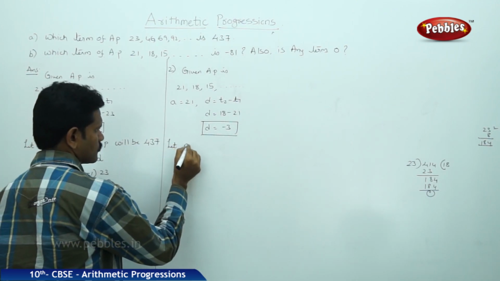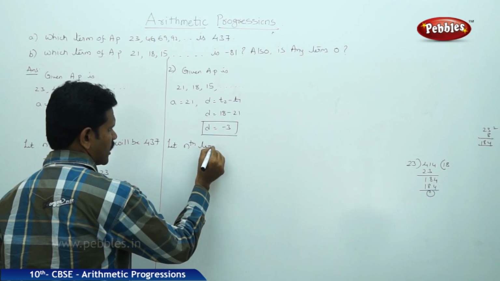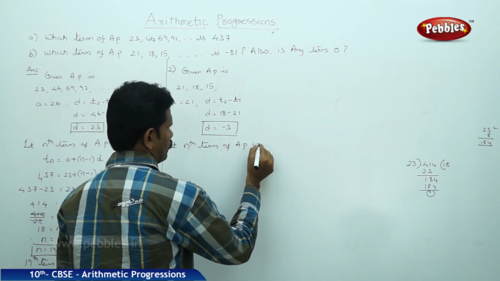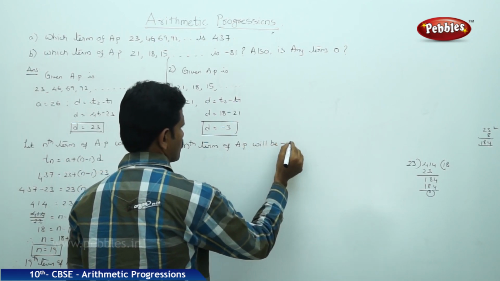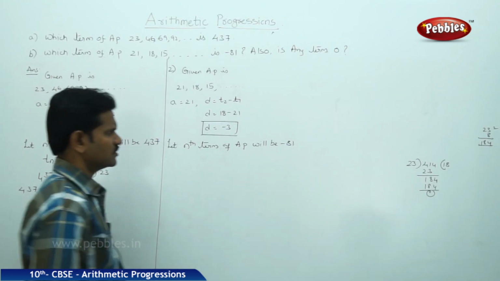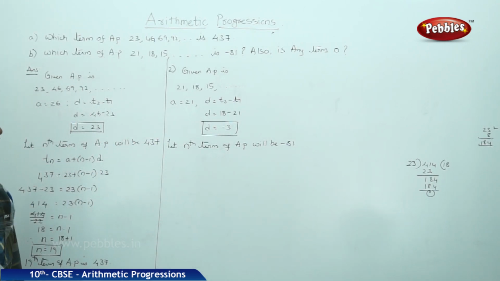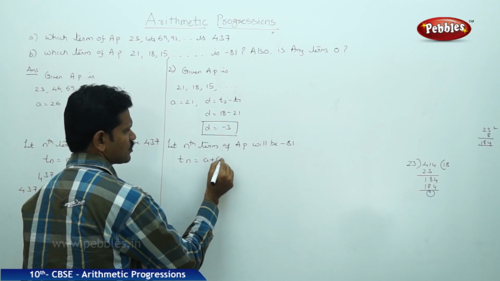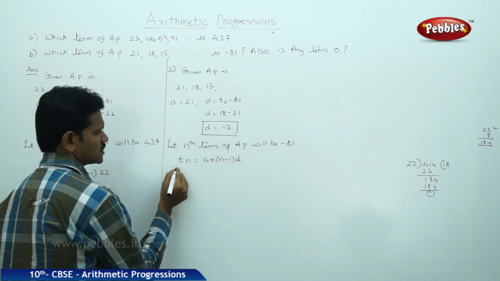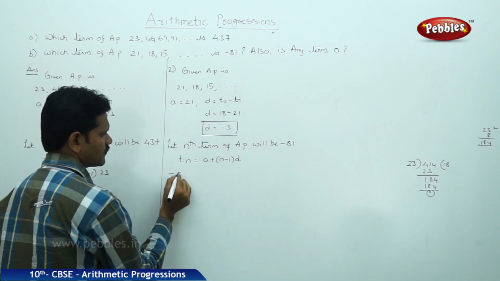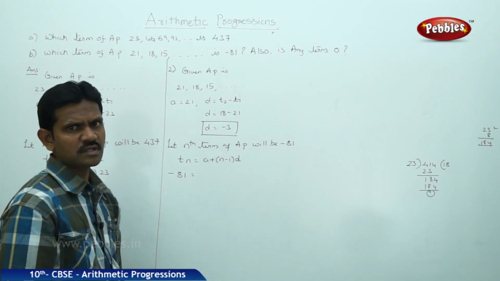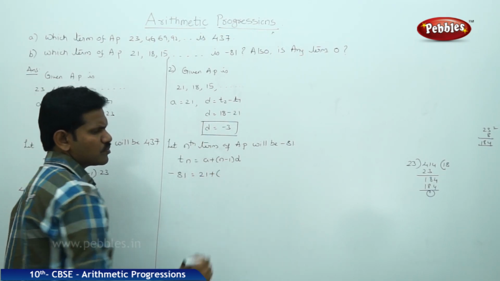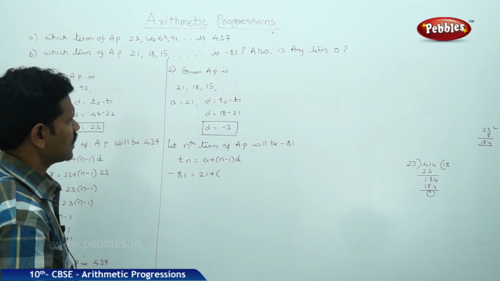Let the nth term of AP be minus 81. That is Tn is equal to formula A plus n minus 1 into D. In the Tn position, minus 81 is here. Minus 81 is equal to A value 21 plus n minus 1,